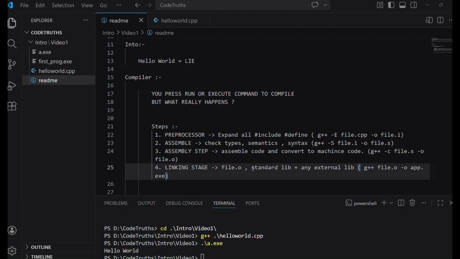So this object file plus any libraries which you are using, you need to write accordingly, and it will then convert the object file to an executable. That's what runs on your computer. So you thought you are writing a g++ command, but you're not writing anything else, right? These three steps are hidden already inside the compiler. But the fourth step is linking. You need to link it. Whenever you are linking any external library, you need to give something like this, -l, then the path of this library.